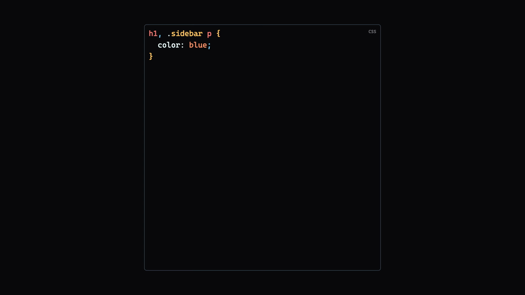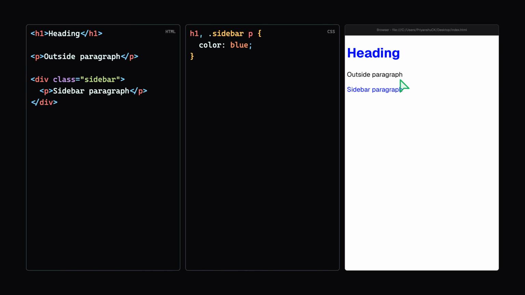At first glance, it looks like this will color all H1 headings, every element with the sidebar class, and all paragraphs blue. But actually, that's not what's happening. That space between .sidebar and P has a special meaning in CSS. It means select paragraphs that are inside elements with the sidebar class. So this rule really applies to all H1 headings and all paragraphs that are inside elements with the sidebar class. So if you actually wanted to target all H1s, all elements with the sidebar class and all paragraphs, you need